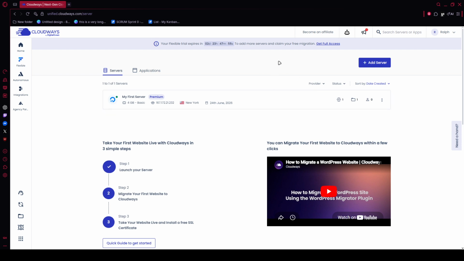Check that your server and application labels are correct. Confirm CPU and memory usage are in safe ranges, and make sure every